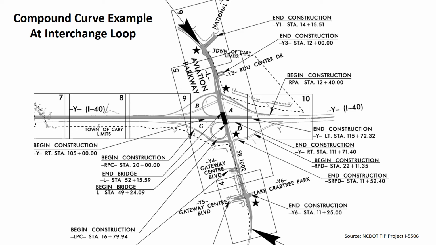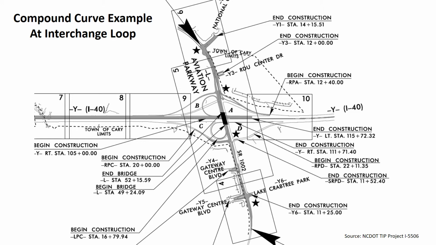Compound curves are a special type of horizontal curve that feature two horizontal curves that are placed back to back. The place where those two curves adjoin is known as the point of compound curvature. And we're going to take a look at a real example at an interchange loop where a compound curve is